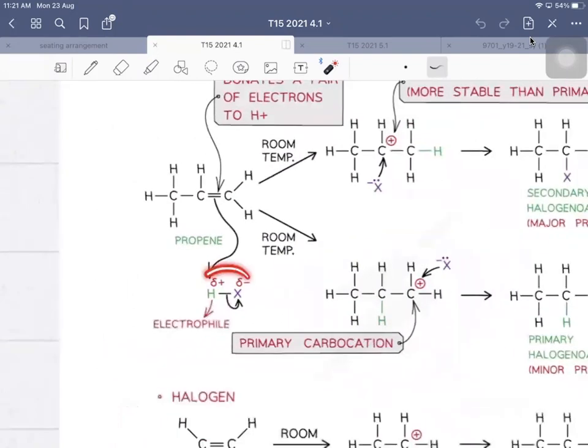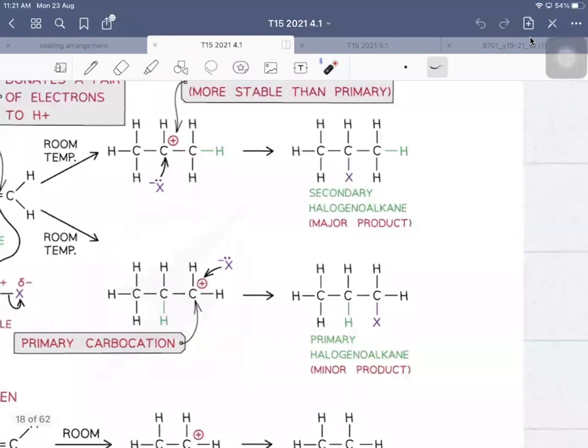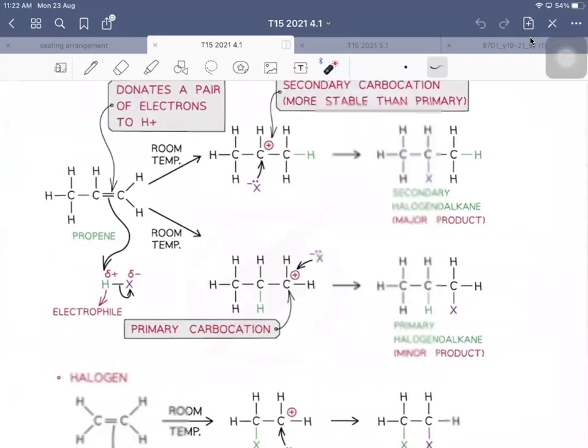So the hydrogen halide will be added across the double bond. One bond will be added to the first carbon of the double bond. That's where your hydrogen goes in first. And then the second carbon in the double bond will form a new bond with your halogen X. So that is the general mechanism for